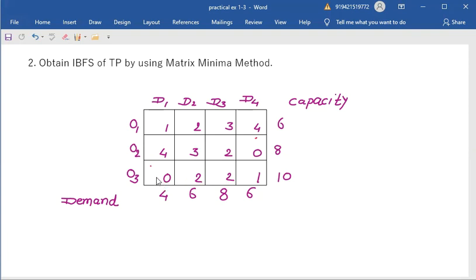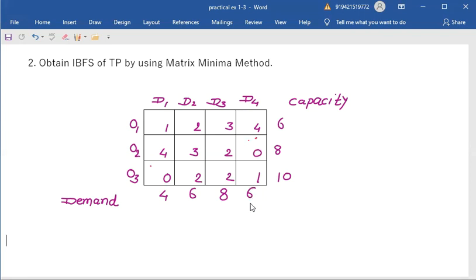So there is an option. When we use a different cell for allocation, we get different solutions. When we use this cell 2, 4, the solution will be different from the solution when we use the cell 3, 1 for allocation. So let us use any one of these two cells. Let us use this cell, second row, fourth column.